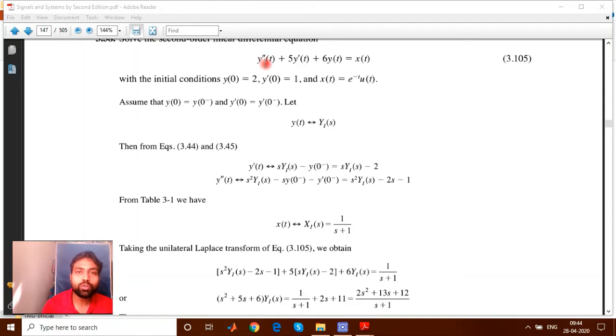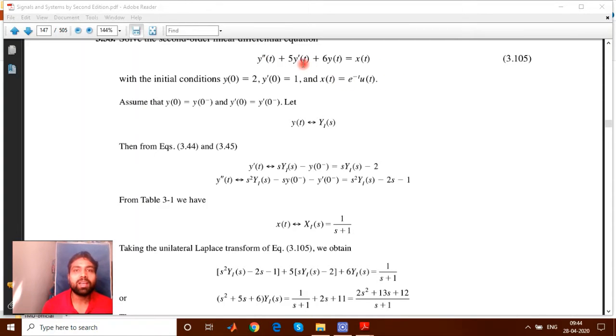First of all, you should know how the differential term can be evaluated in the frequency domain. The term is the same; to find all this, you have to convert all of them into the Fourier and into the Laplace transformation. So first of all, you should know, if x(t) has a Laplace transform X(s), y(t) has a Laplace transform Y(s), then what should be the Laplace transformation of y'(t), y''(t)? Here the property comes.